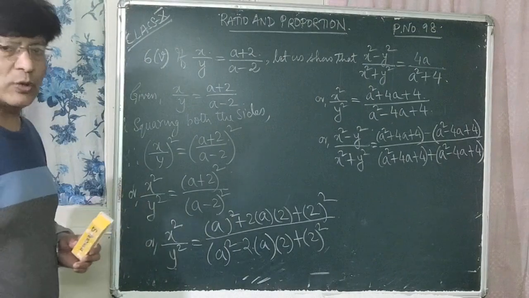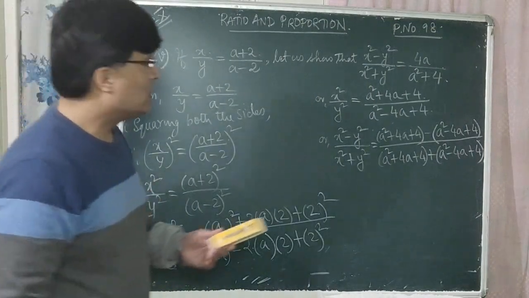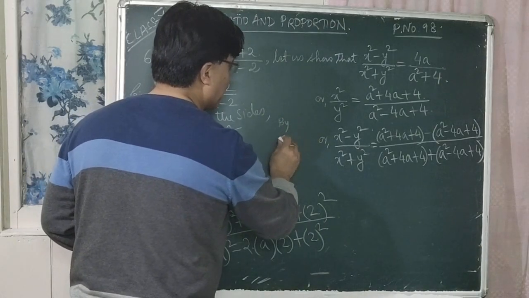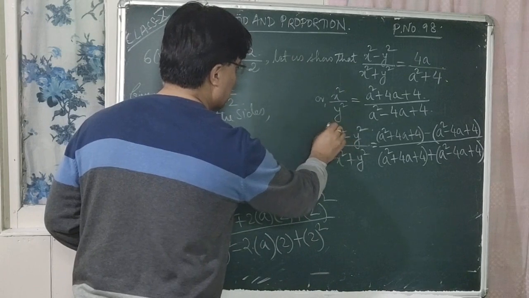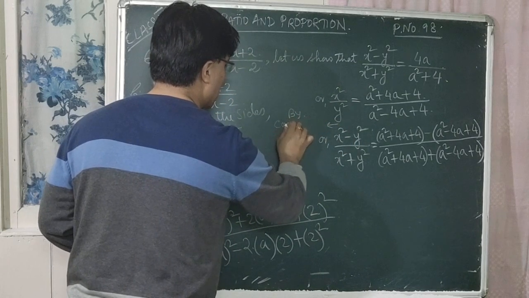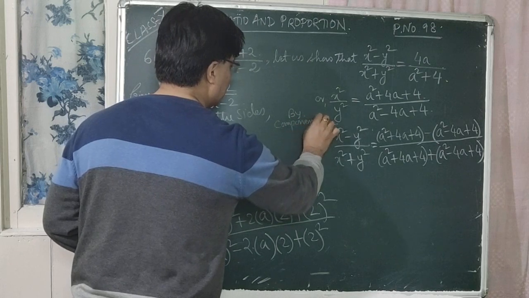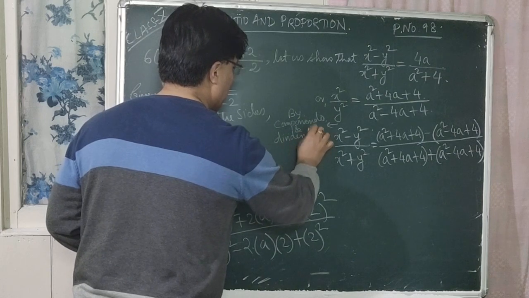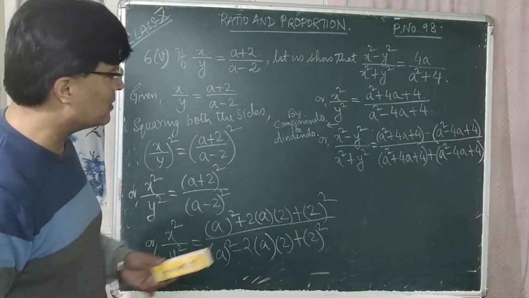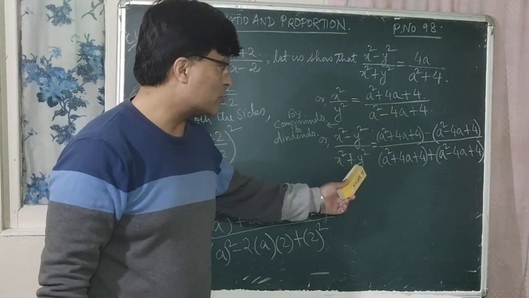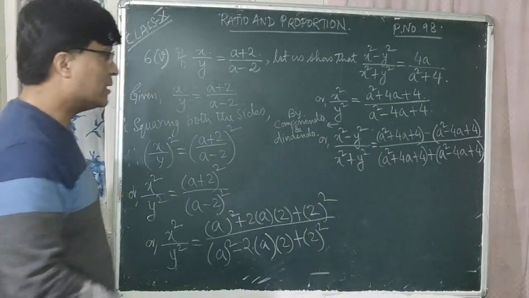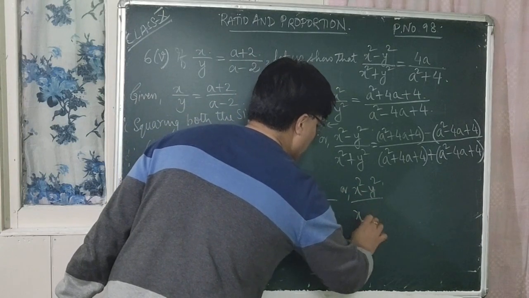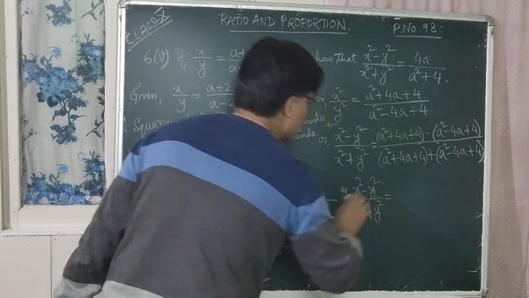Is that clear to all of you? So I think you have understood it. We're just using componendo and dividendo. In this case you can write by componendo and dividendo. So what do we get? X square minus y square upon x square plus y square, and the right hand side is there. Okay. So let us simplify it further. X square minus y square upon x square plus y square is equal to